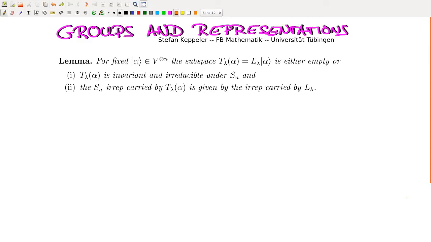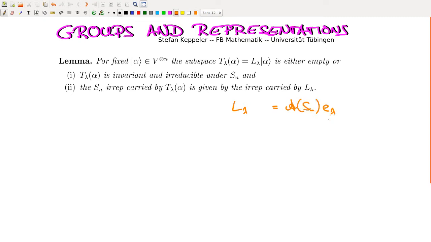We construct irreducible invariant subspaces of V tensor n, and more precisely subspaces that are invariant and irreducible under Sn. And here we claim that we can simply take some starting vector in V tensor n and then apply a left ideal to this. So recall that this L lambda, that's just the group algebra, and then we project using